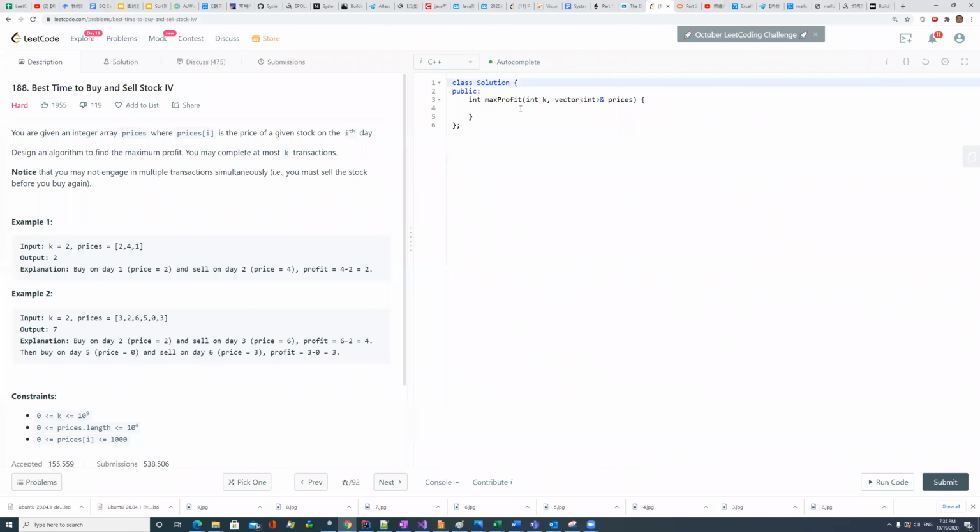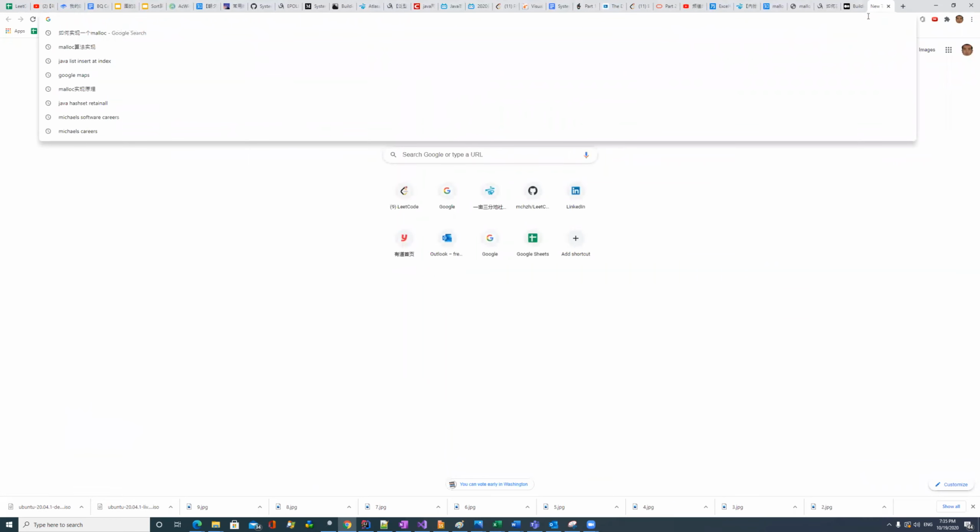Today I want to talk about the last question for buy and sell stock. This is the fourth problem, and this problem is to limit your complete at most K transactions. Previously I solved the problem with at most one transaction, at most two transactions, and no limit, unlimited transactions. From this problem, I need to summarize the common rules for transactions,